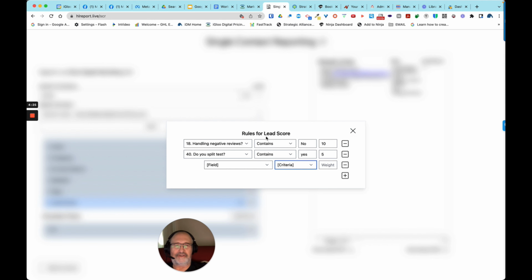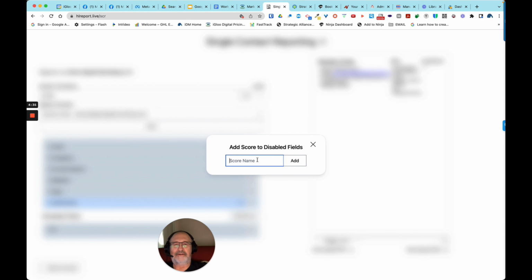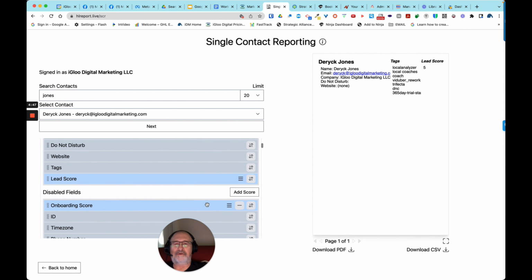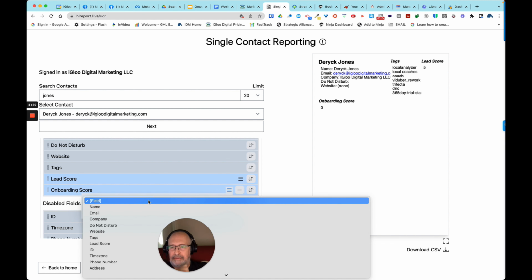Now, in addition to this, not only can you have this lead score, which is the field that's in the system, but you can add your own score. So I can add a score. Let's call this, maybe onboarding score. Add that, and then for the onboarding score, create my own set of scores. So maybe that's a completely different set of scores. Maybe it might be something to do with